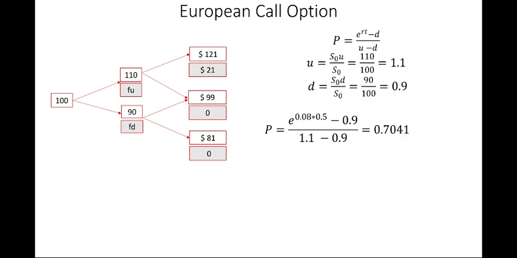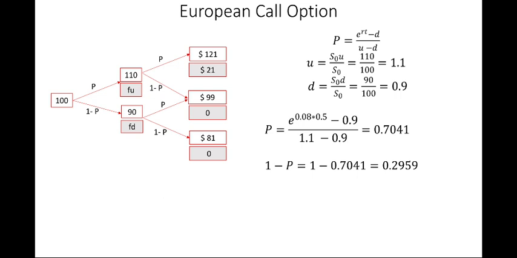0.7041. Now remember one thing, that P is the probability of upward movement, that's why we can write it over the upward branches. Now we have to calculate the probability of downward movement, and the formula is 1 minus P. So simply subtract 0.7041 from 1, you will get 0.2959, and it is the probability of downward movement, so we can write it on the downward branches.